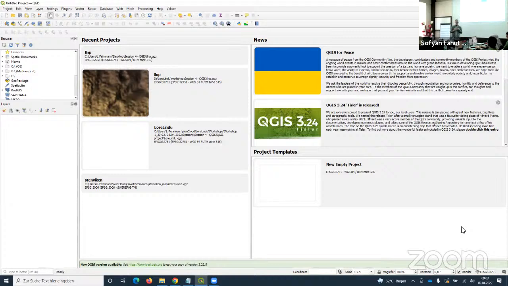And me personally, at the beginning, I used both. Sometimes I find things easier in QGIS, and other things I still remember from ArcGIS, and it was easier to use ArcGIS. But for the last 10 years, I think I have not used ArcGIS anymore. So I don't know anything about ArcGIS. So if you are not familiar with QGIS, but if you used ArcGIS before, I think you can already imagine